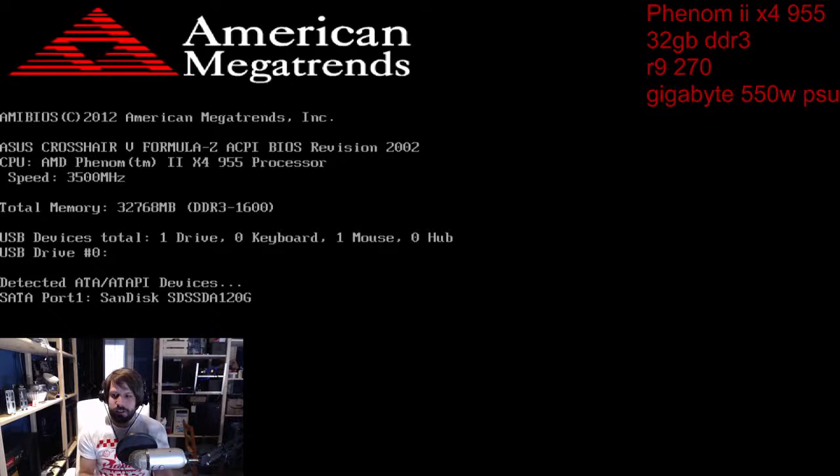So also the max CPU temp for the Phenom series is 60 degrees Celsius. It's not like modern CPUs where you can go up to 100 degrees or 70 or 80 degrees Celsius and you're just fine. These like to sit right at that very low threshold. So